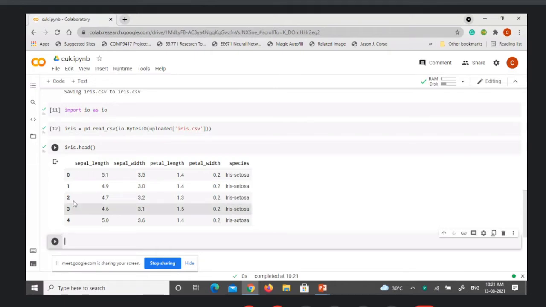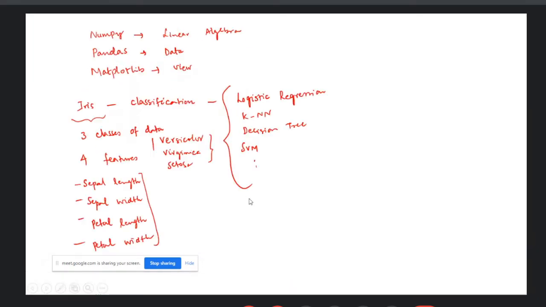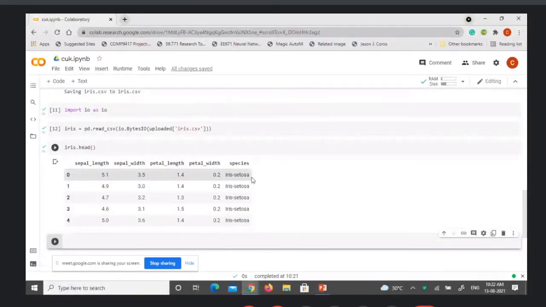As I said, it has four attributes, that is sepal length, sepal width, petal length, and petal width, and species is the actual class name. As I told you, there are three different classes: Setosa, versicolor, and virginica. So the first few rows are for Setosa, and then the other classes.